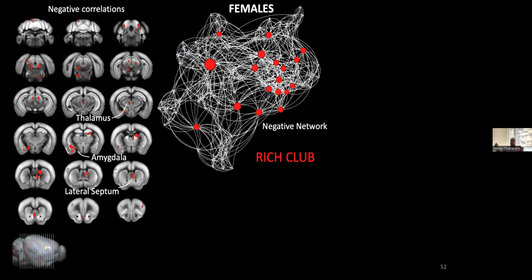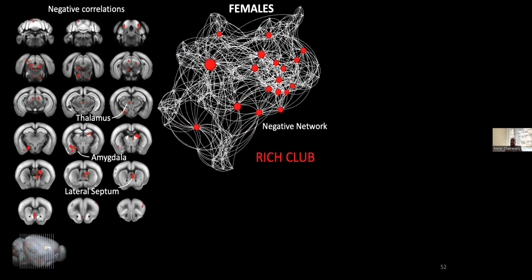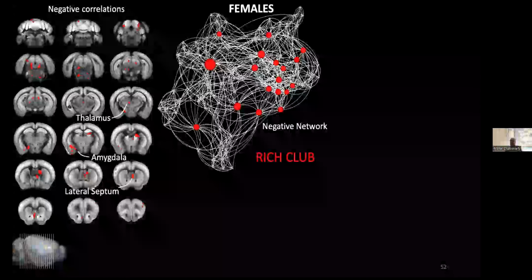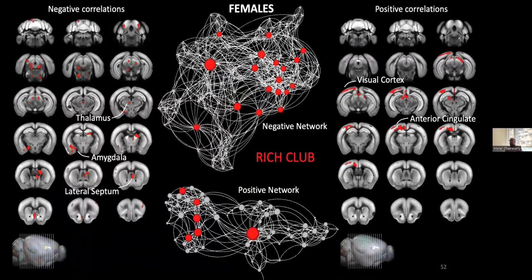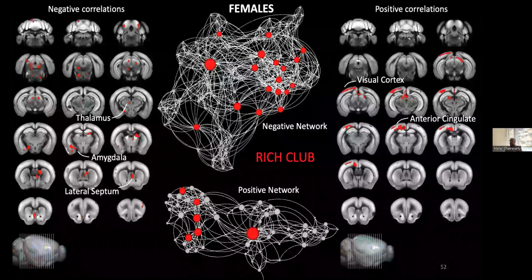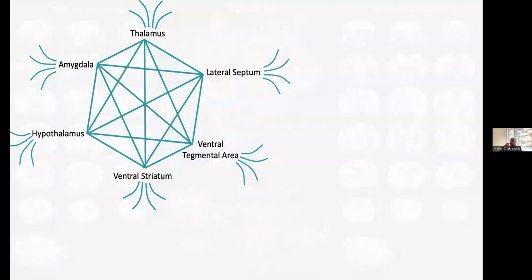So basically, they're thought to pass information between different communities within the brain and promote efficient communication and functional integration across brain regions. And we have one of these for both the positive network and the negative network. And what I'm going to do in the next slide is show you a network structure, a model of communication that we think is happening in the females after just 6 days of exposure